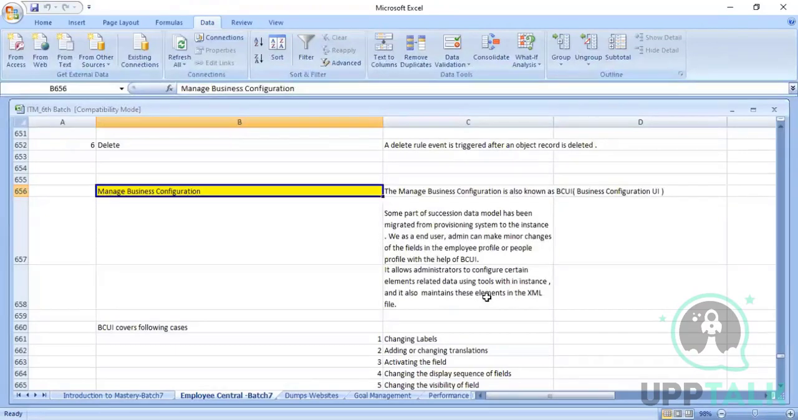And the same thing will be automatically updated where? In the XML. Although you are doing the changes in the front end, the changes will be automatically updated in the XML. Yeah, XML, that is in the backend system. Okay, now